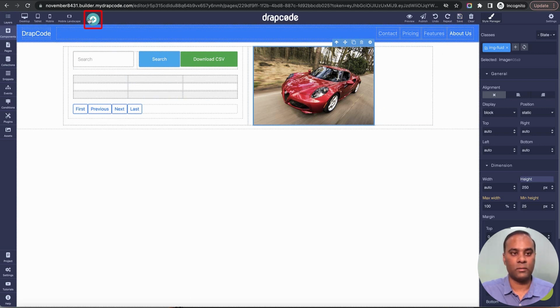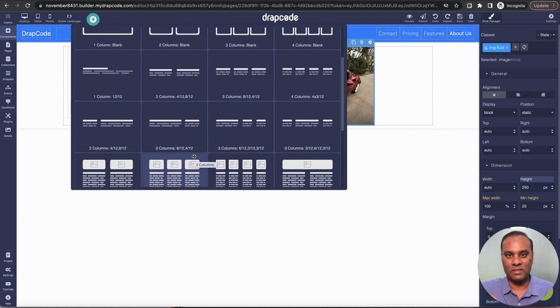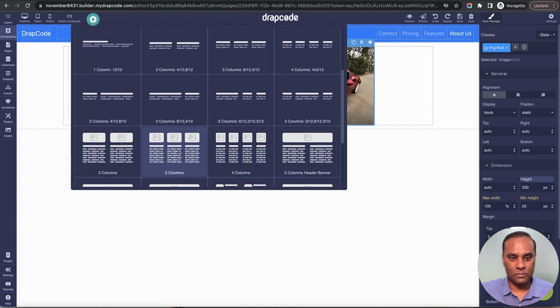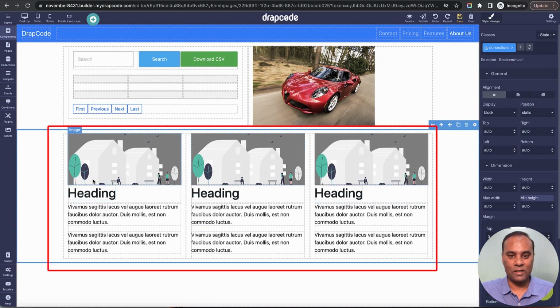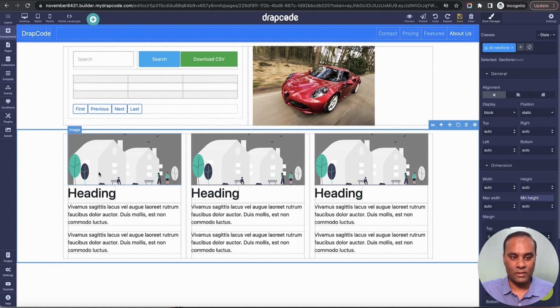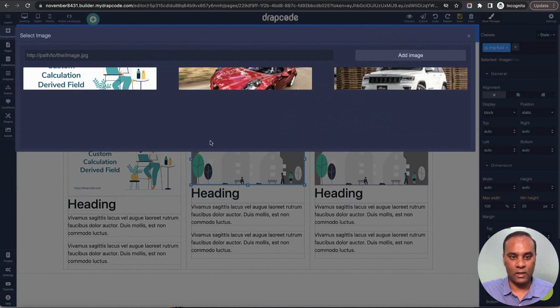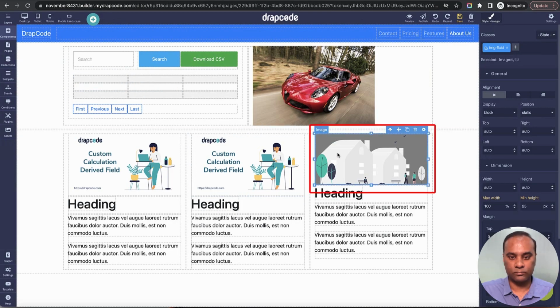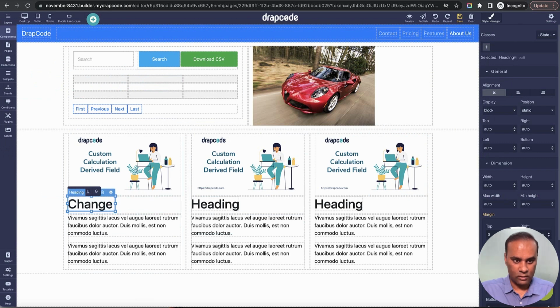Now let's say you need something else. Maybe you need 3 images, some text, and some paragraph. So let's say this is meeting my criteria, so I just drag and drop. So it has created a dummy structure where I can just change these images. So let's say I want to change this image to this. This is fine. Now I want to change this heading. Let's say change me, change you,